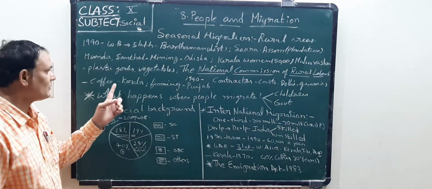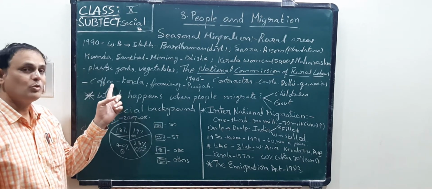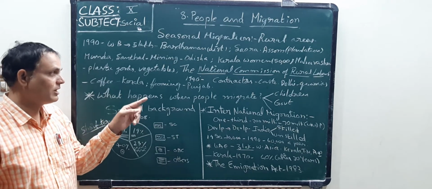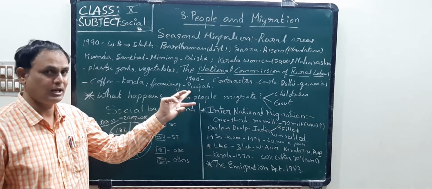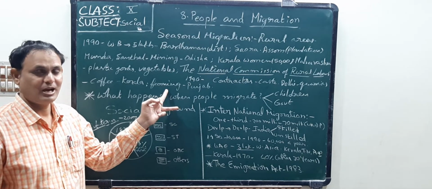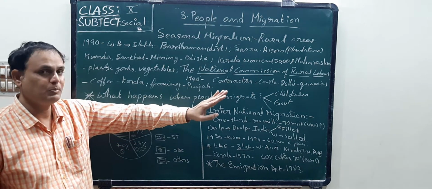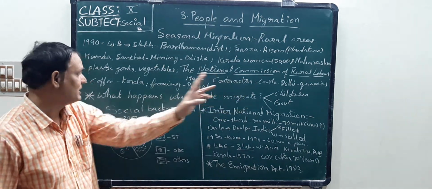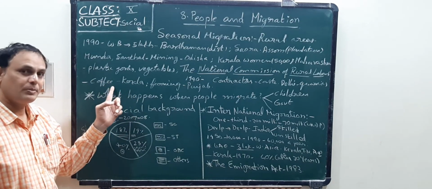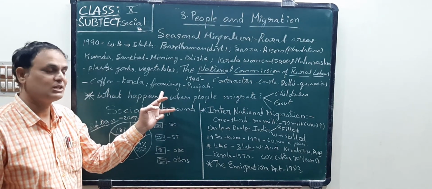Next, children, some people move to Kerala to do work in coffee plantations. What is that one? Coffee plantations. Next one, some people migrate to Punjab. Why? To do work in farming activities. Okay, children, agriculture works, etc. So I repeat once again, to Delhi the people go to do work in quarries. Next one, to Kerala the people migrate for the work of coffee plantations. To Punjab the people go to do work in farming.